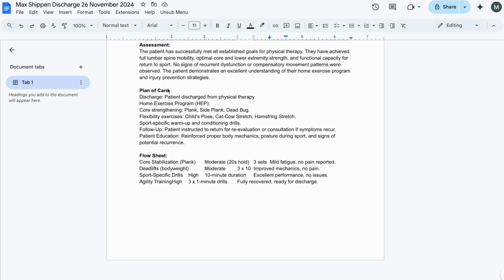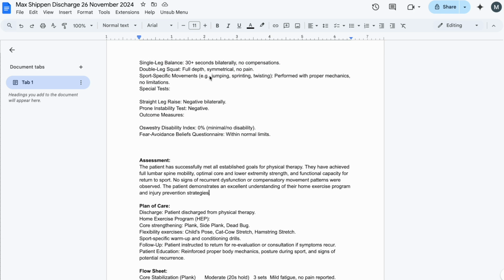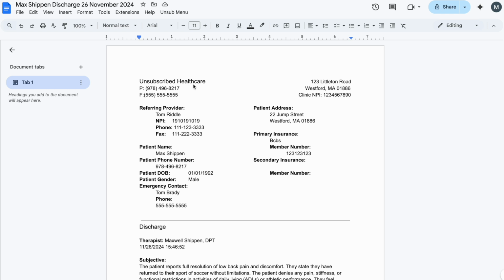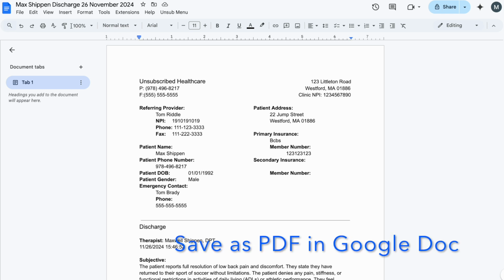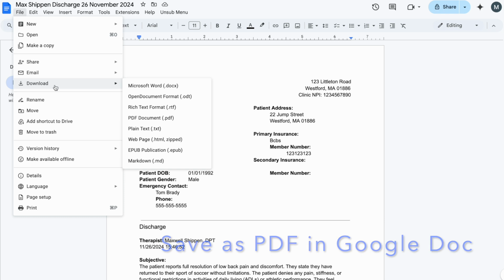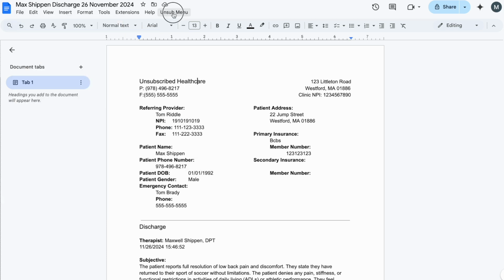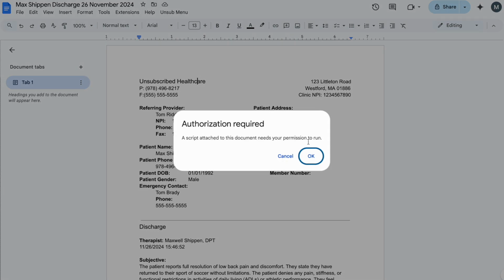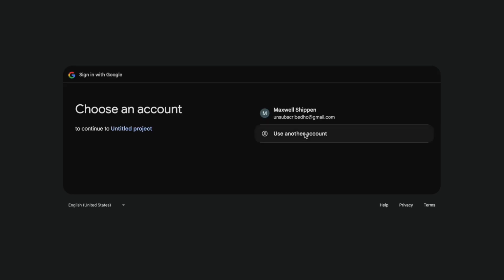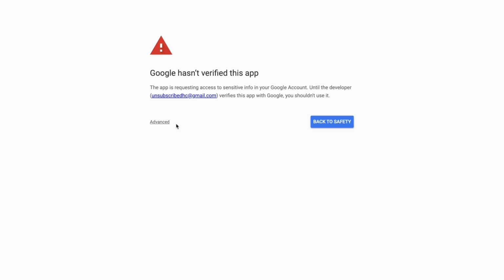The other thing that I've done for these Google Docs is that I've made it so you can save this directly as a PDF into the patient folder because, again, it's annoying to have to come here to download and then click PDF document, download it to your computer, and then upload it again to your Google Drive. So instead, if you go to the unsub menu, click Save as PDF,